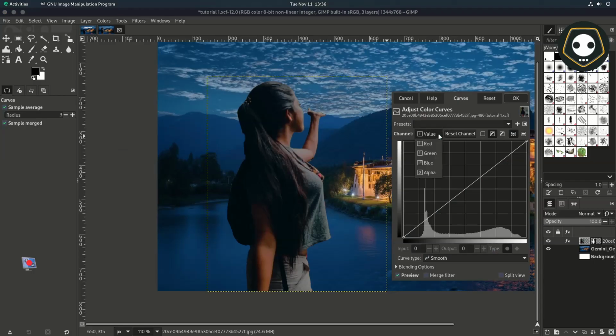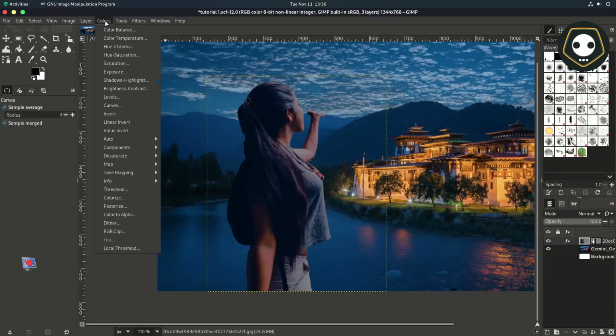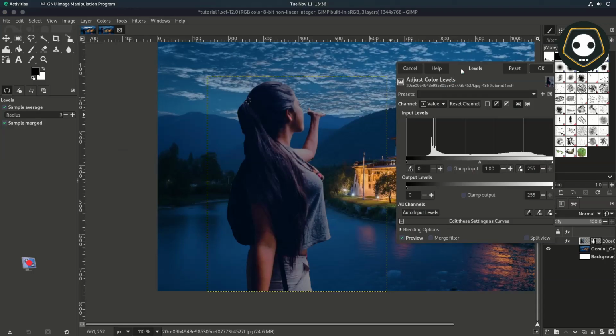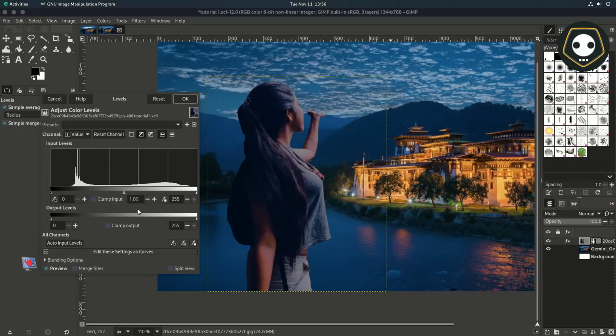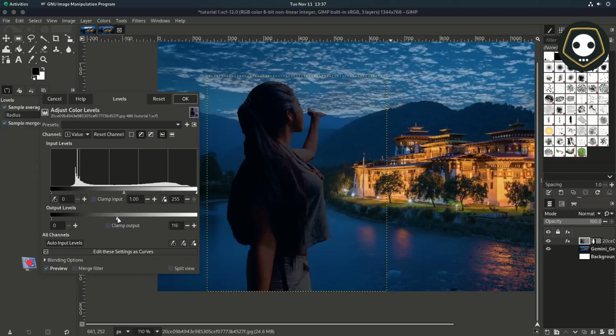So again I choose the layer and I turn this image into a bluish color, because this image was taken in the dark night scene, and my background scene is a bluish color, because this image was shot in the dark. To show these images in the dark night, make a layer in blue color. So again I turn this image darker, the darkest. Now it looks good.